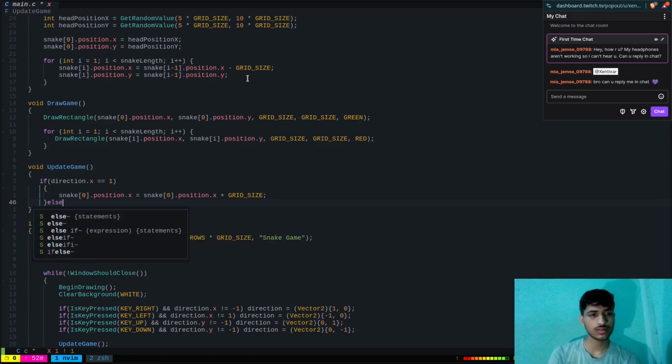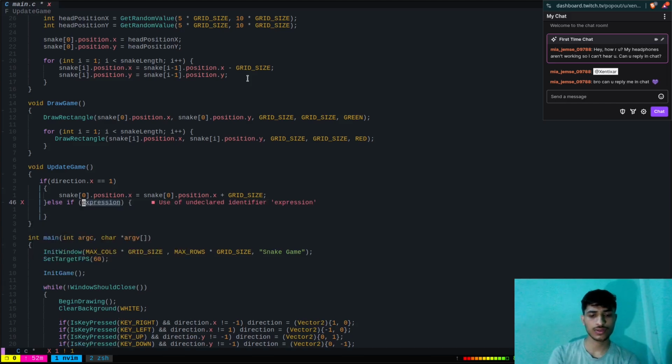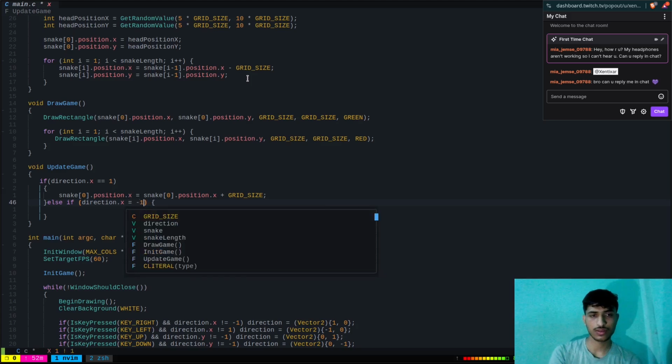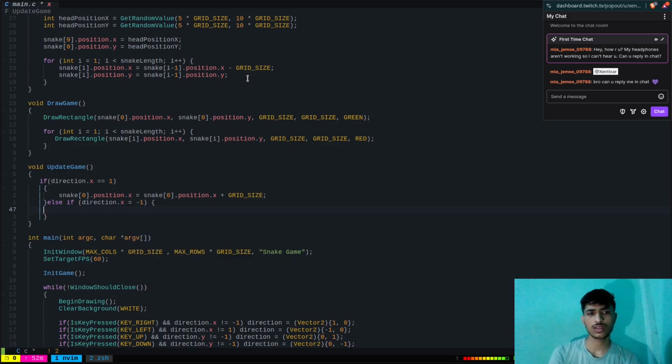Let's try for the struct direction of x equal to -1, then basically